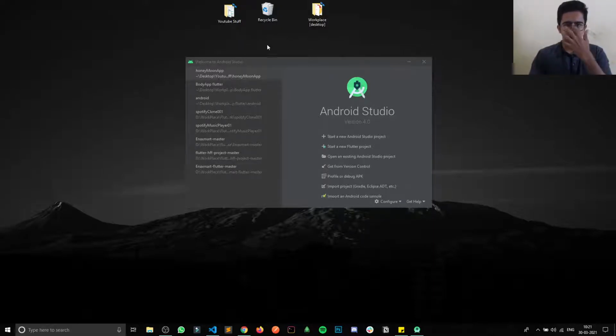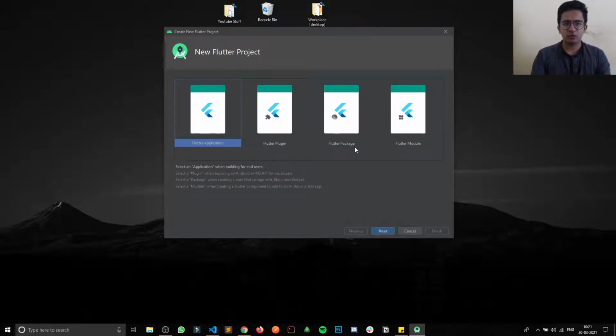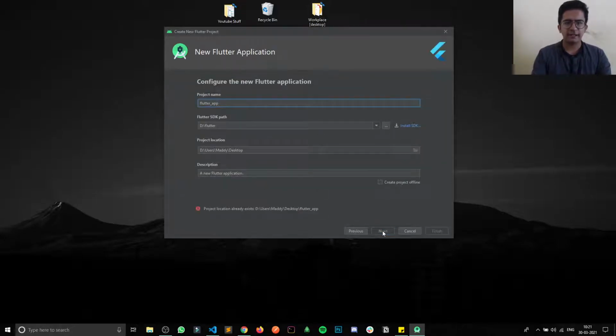Now, I will just click on start a new Flutter project just for show. I just want to show you. I will not create and store it. Flutter SDK path. It should not be here. Okay, leave it.